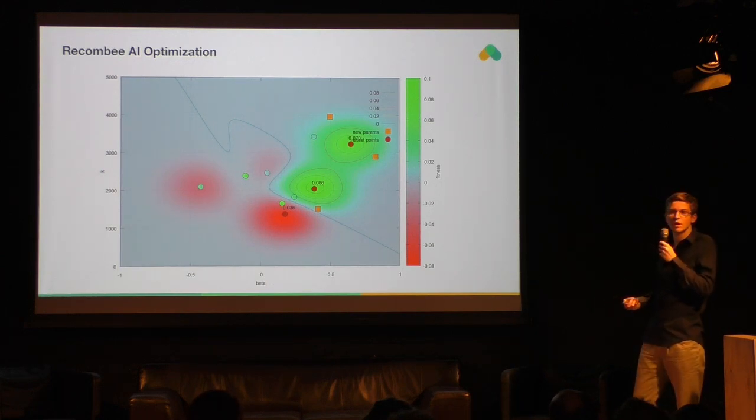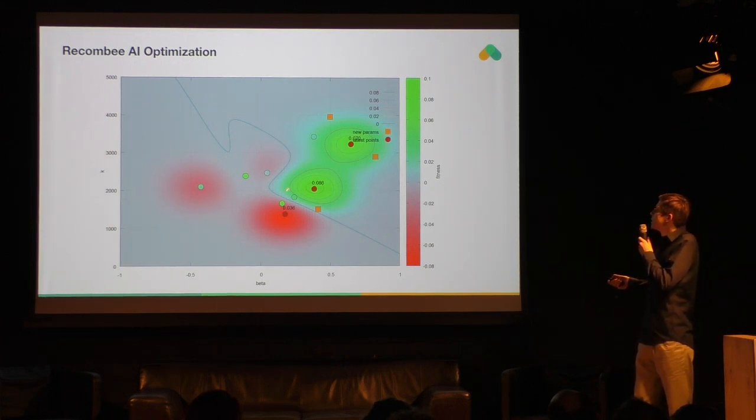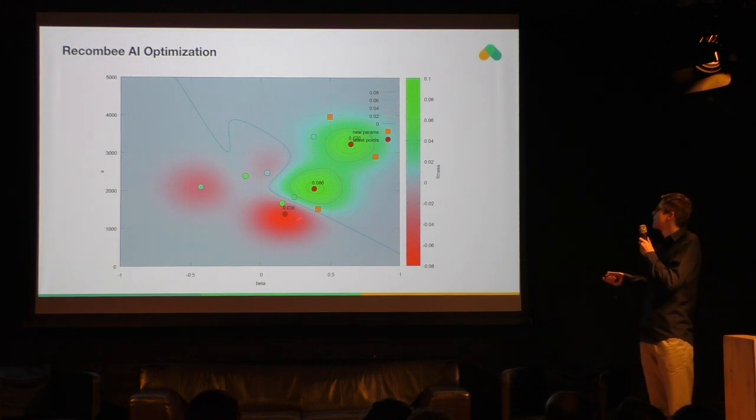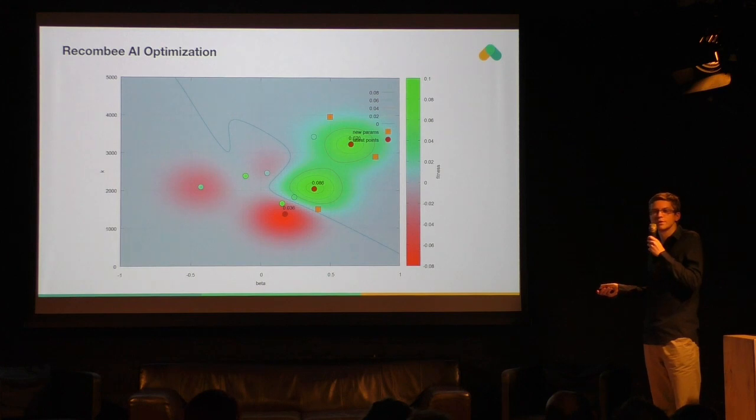That's why you need to test online, because you can't really prepare for the real world. And so I found out, okay, so this point is bad. So let's move in this direction, because this point is good, this point is good. So what I'm gonna do, the new points are here, and one is also here, because I still kinda don't believe this, but it's still on the edge. I'm not really gonna put a point in the red, because I don't wanna risk a really bad configuration put